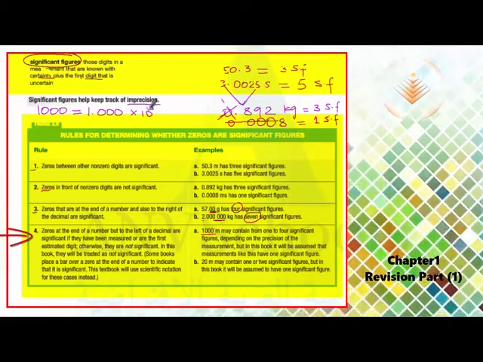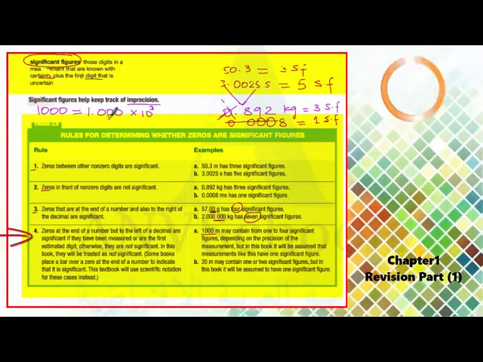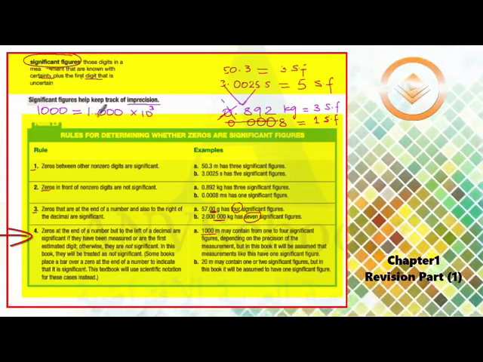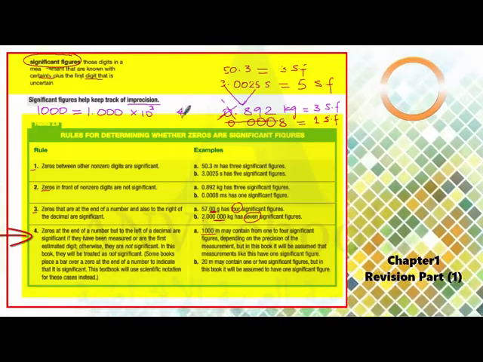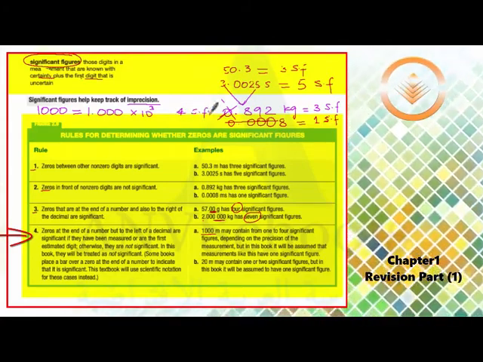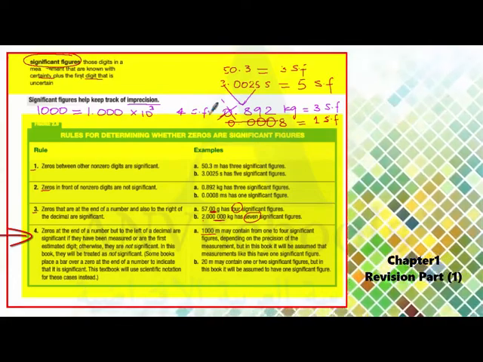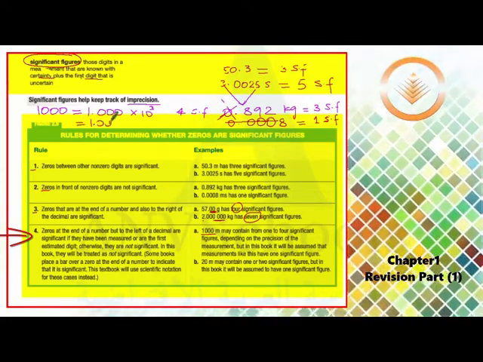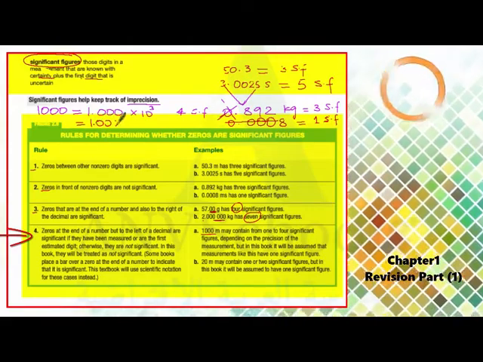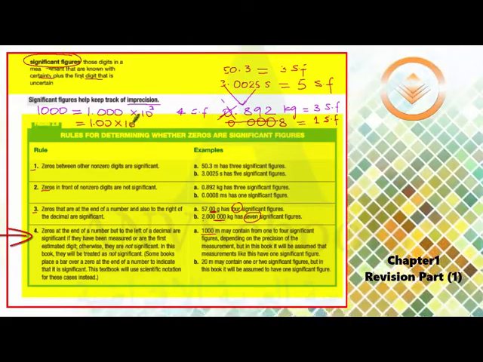In this case, how many significant digits does it have? 1, 2, 3, 4. It has 4 significant figures. I can also write this as